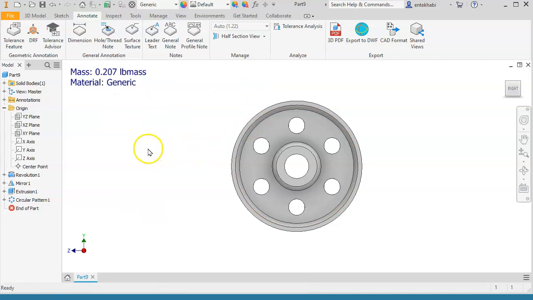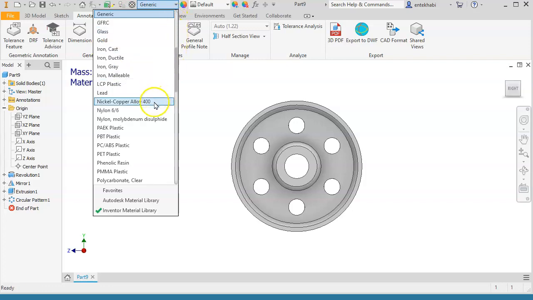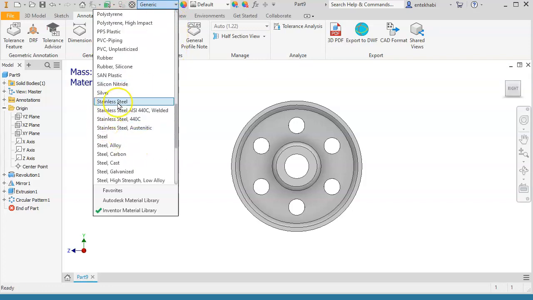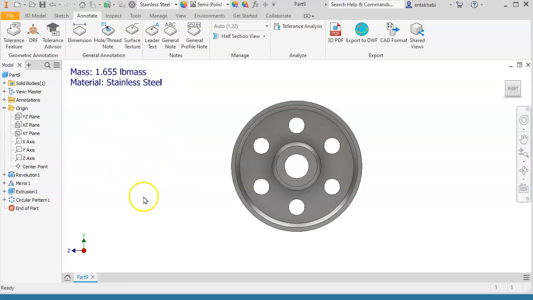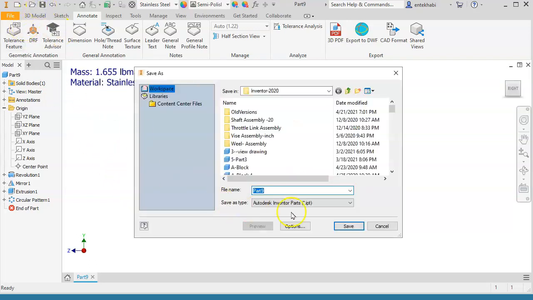Now it's showing generic because we have not assigned the material yet, so we can change the material also in this window that shows generic. Select stainless steel, which completes your drawing. Don't forget to save your drawing with the same name, pulley wheel, and you have completed the model. Again, on the next video we will talk about